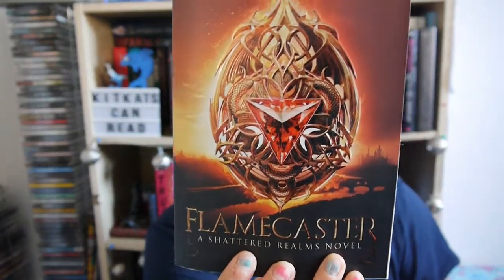The next book that I got from a Facebook selling book shop thing, like a used bookshelf page on Facebook, and that is Flamecaster by Cinda Williams Chima. So this person was literally about to get rid of it and give it to a charity shop, and I was just like, that is way too good to give to a charity shop. And it's actually kind of chunky, and I love it. It's the American paperback as well, and I was just like, giving it to a UK charity shop, nah. So I got it for a couple of quid, and it's metallic and shiny,